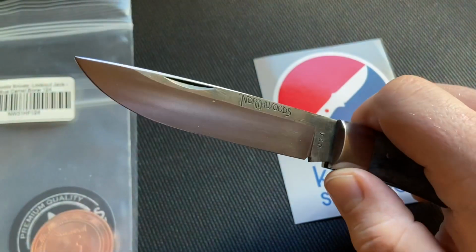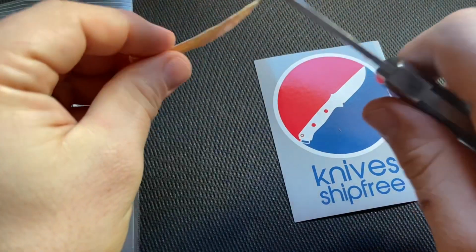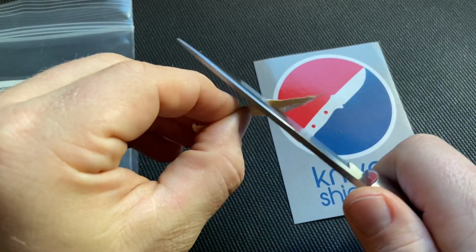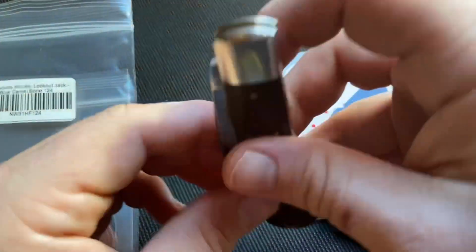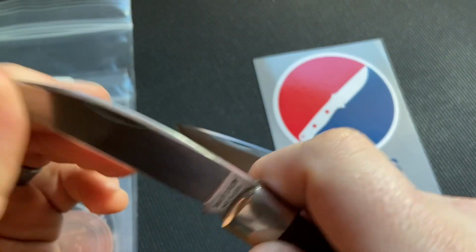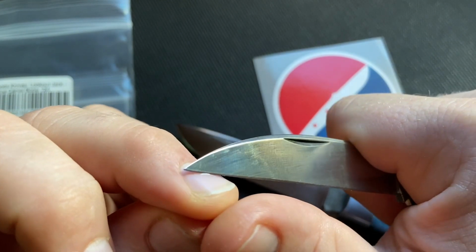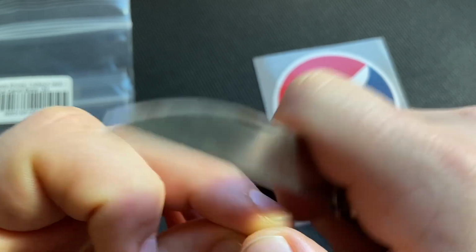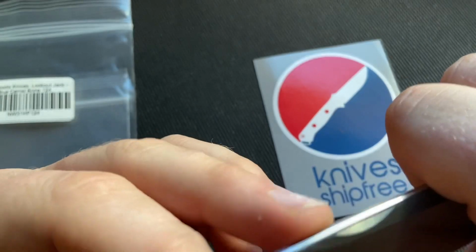I hope I have some paper here. We'll try this. I don't even know if this would cut right now with how thick it is. No, it definitely won't. I mean, it's not biting it at all. Let me do the fingernail thing. So, as a, what do they call that? A control. Here's what this knife looks like. So that's what should happen. And I actually just sharpened this today, but it should bite in like that. Let's see what happens here. And obviously I haven't done this yet, so I don't know, maybe it will, but